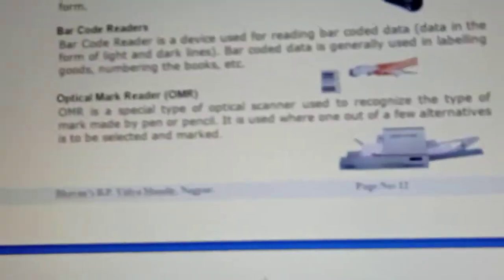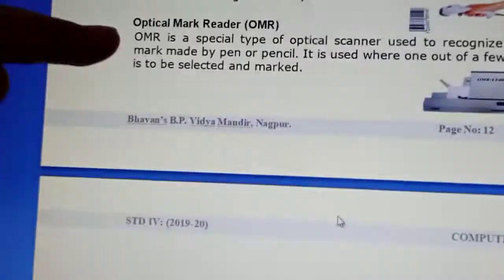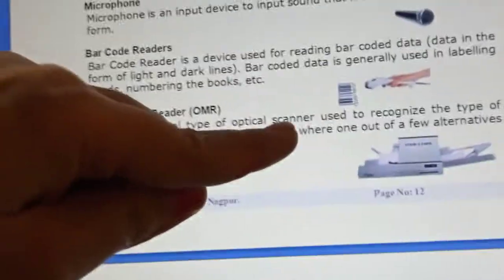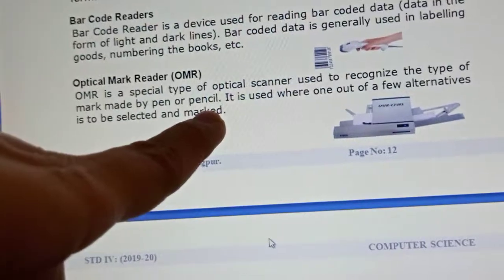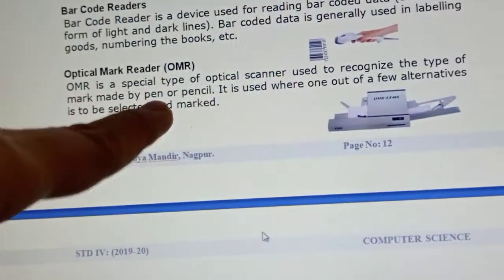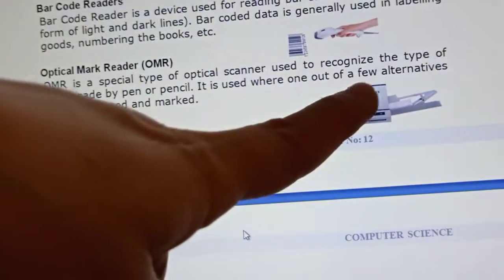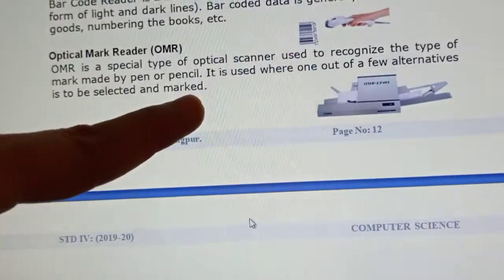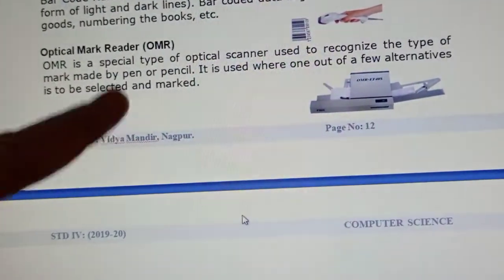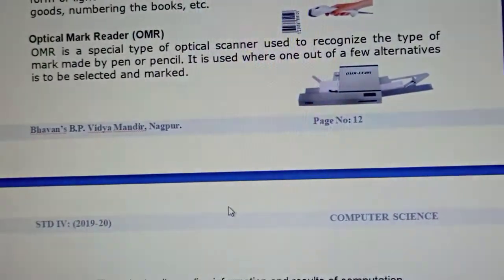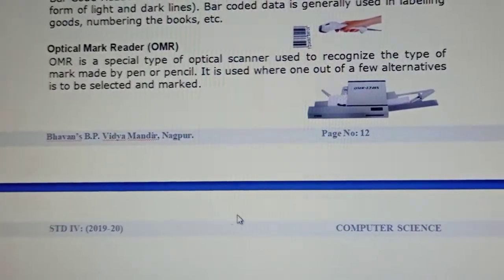Four options are there, and you are coloring one completely. Is it clear? So OMR is a special type of optical scanner used to recognize a mark made by pen or pencil. It is used where one out of a few alternatives is to be selected and marked. Now I told you there are four options and you are selecting one, whatever you find correct. This is all about input devices. Is it clear, dear children?